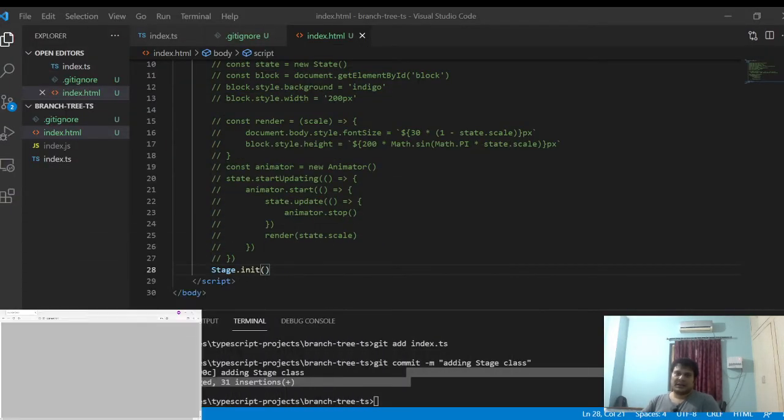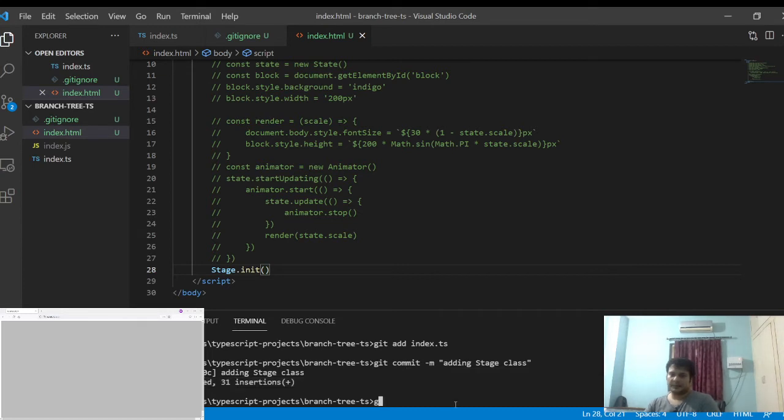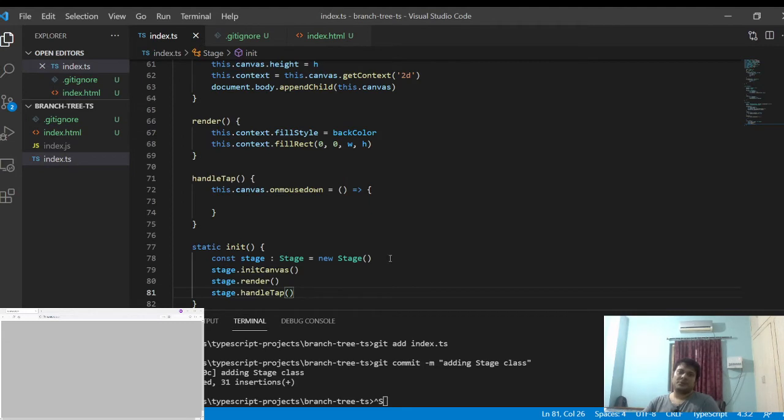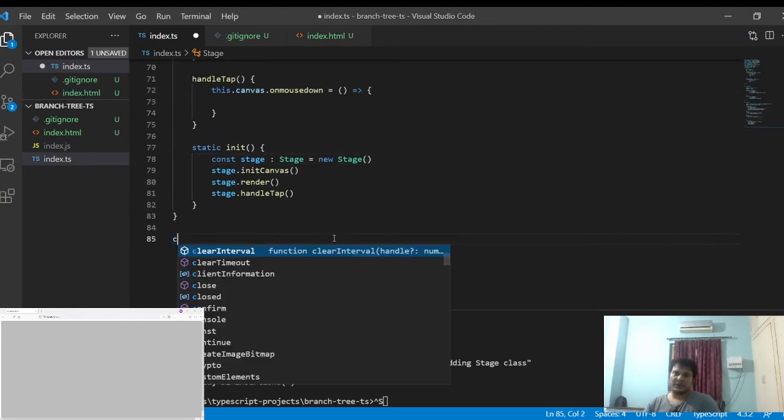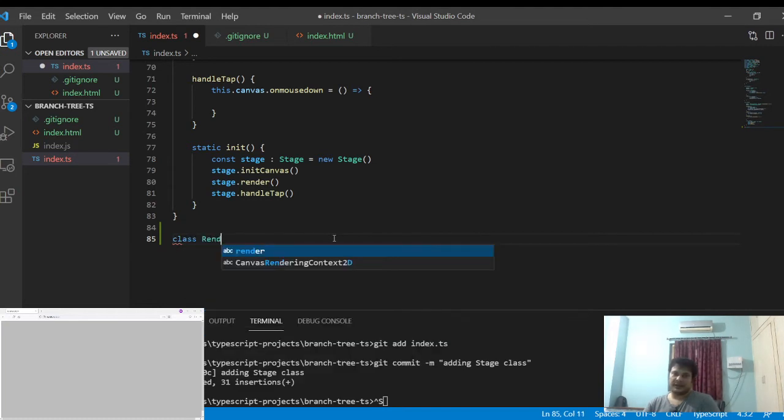So these are the initial things which I wanted to get done. So we are mostly done with this file. We don't need anything else. Now we have more code to write over here.